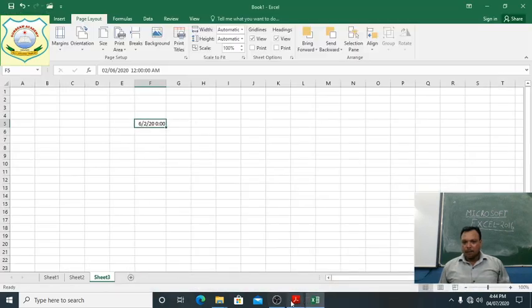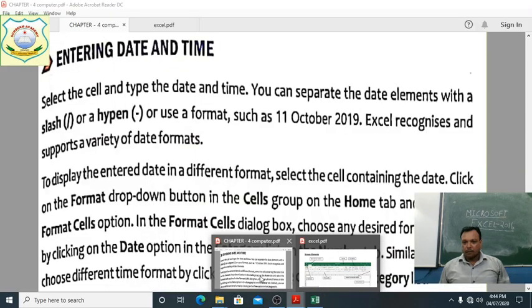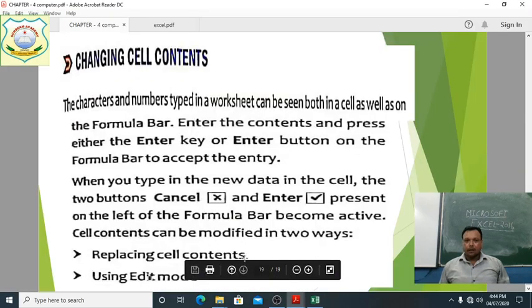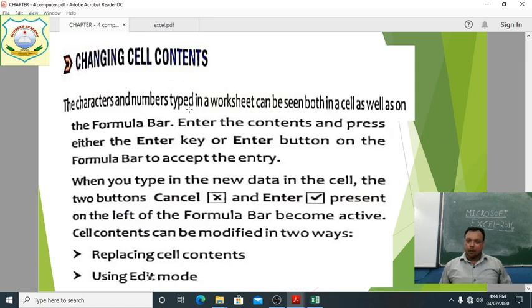Next one is changing the cell contents. How can we change the contents of any cell? Characters and numbers typed in a worksheet can be seen both in a cell as well as on the formula bar.